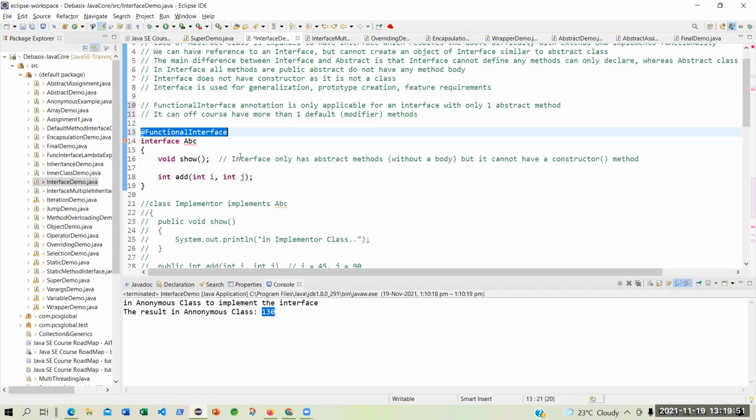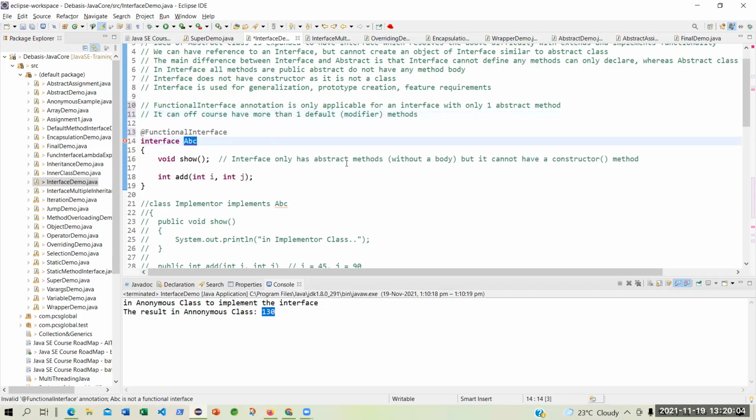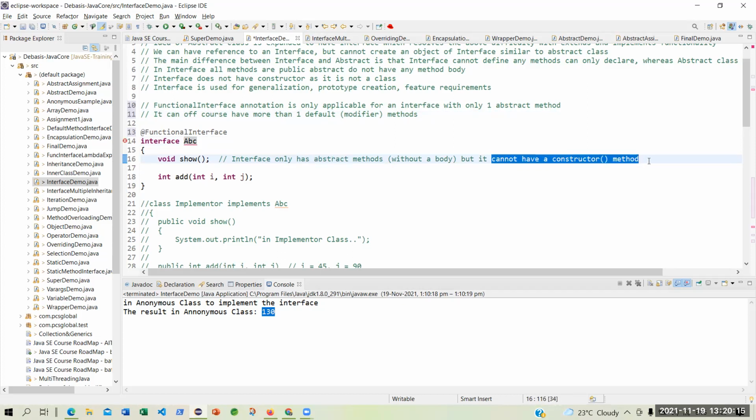Okay, so there is one very important interface called the functional interface. It can, of course, have default methods. In 1.8, along with the interface, right now we have learned that ABC can have only abstract methods. See, this is a wrong statement. This is a correct statement. It cannot have a constructor, fine. But it can also have default